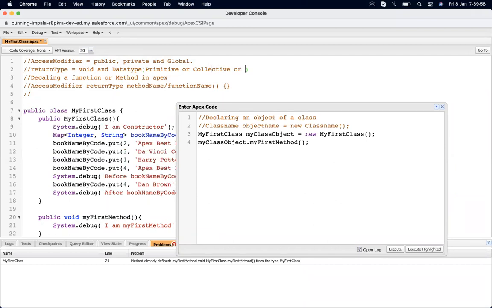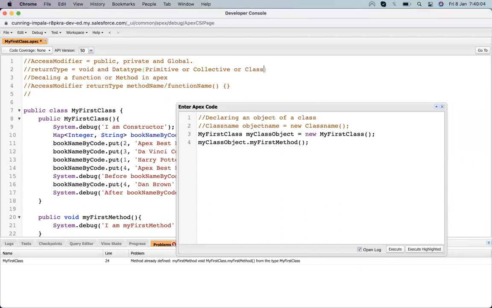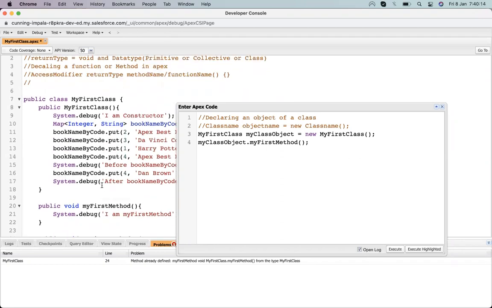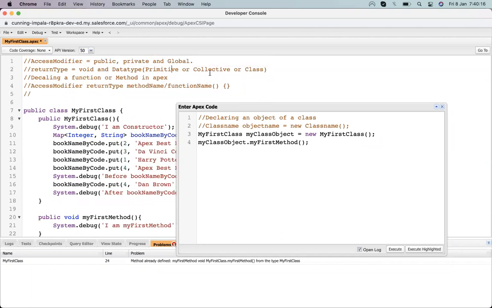Or we can also return a class, a whole class. So primitive, collective, or class. Primitive, you know: string, double, boolean. Collective, you know: map, set, and list. And class we are discussing. So let's work on the first.